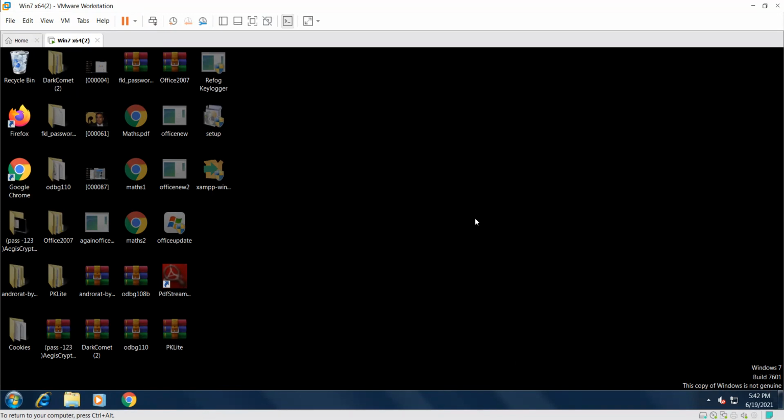Okay, suppose that once you go to the incident place, you see a computing device available there, that is a Windows 7. The device is in an on state, right? So what is our first step? Our first step is to change the password of that particular computing device.